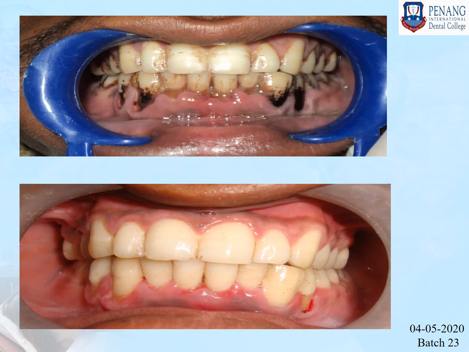This is one more patient. In this case, the enlargement was inflammatory and the patient was a chronic smoker. First we did scaling and planing for this patient, followed by tobacco cessation therapy. When the patient stopped tobacco use and was maintaining good oral hygiene,